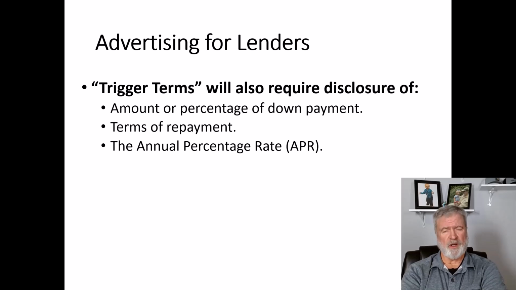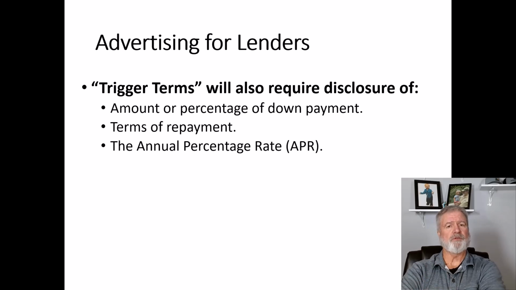Y'all, that one's critical. That's what I've been harping on for the last several modules here. Y'all, that's what people need to pay attention to when they're borrowing money. The APR, not necessarily the interest rate. The interest rate's not what it's going to cost you to borrow the money. The APR is what tells you how much it's going to cost to borrow money. So lenders always have to provide that. It's just they never discuss it. They never talk about it.